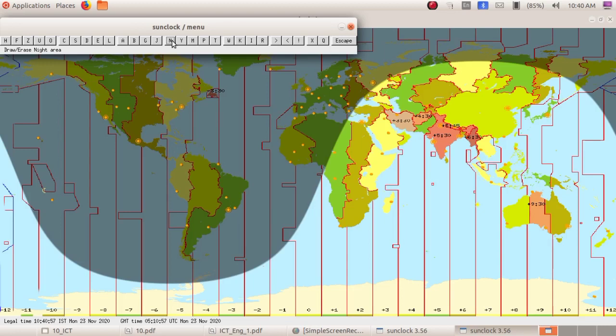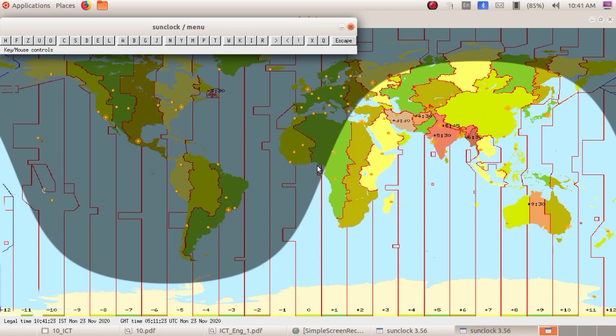To hide the day and night. You can see some portions are in dark color and some portions are in light color. What is the meaning of that? These portions are night and these are daytime. So now India, day or night? This is India, daytime.